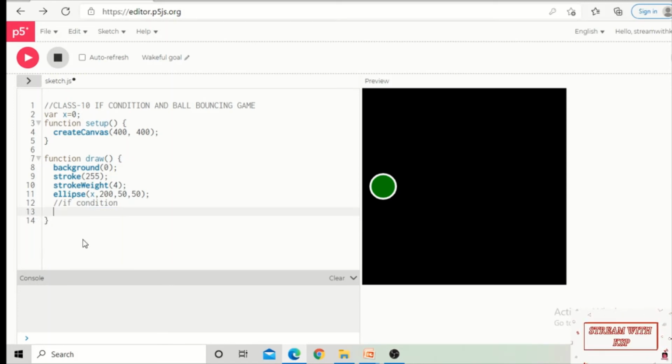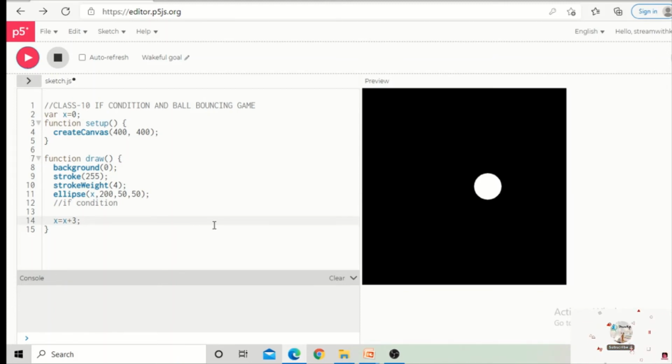After some time we will write the condition, but before that I want to move my circle on the screen. Every time, the x position of the circle is to be moved by 3. So this statement indicates that the circle is going to start moving. Let us check that by clicking on the play button. Yes, the circle is moving, as we have deleted the green color, and the green color is also not showing here. So now once again you can see.